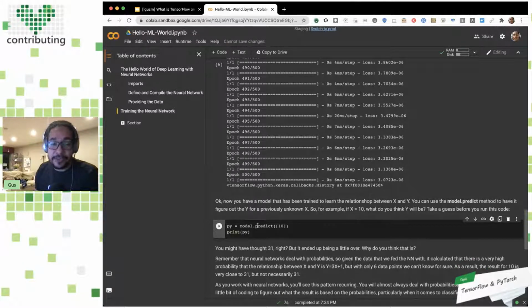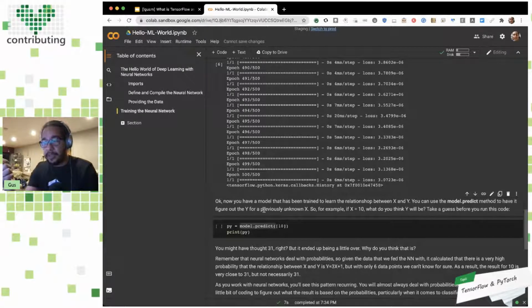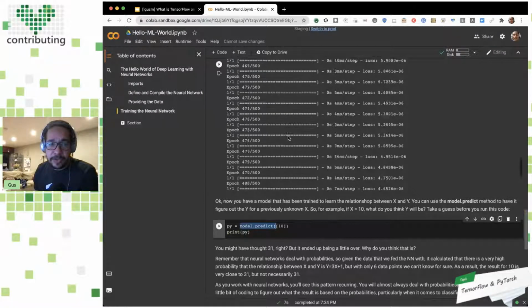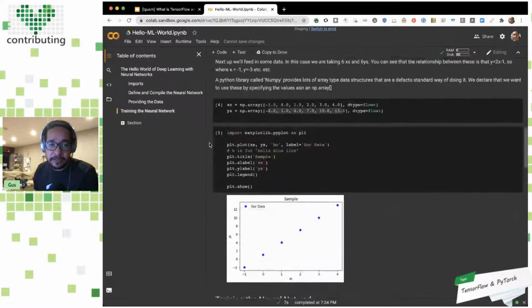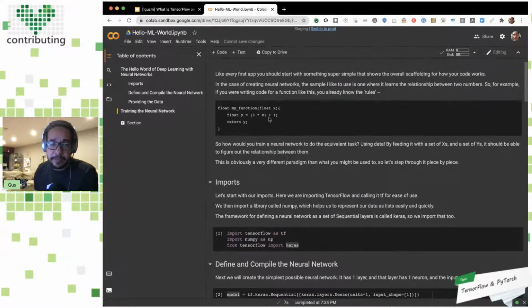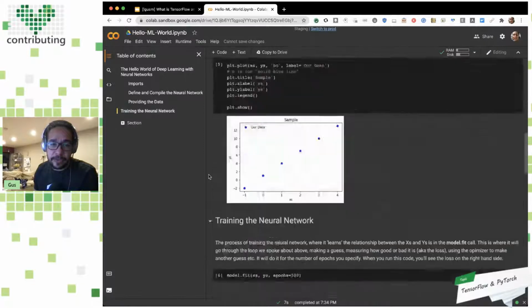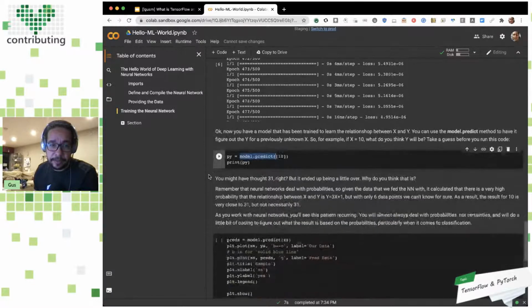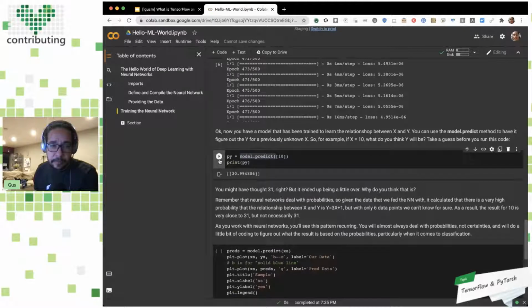If we try to use the model, this is when we call model.predict. This is the inference part I mentioned. Remember, I give now new data, and the model will use what it learned to give me an answer. So this is the predict for 10. We should expect, let's go back to our equation, 3 times 10, 30, plus 1, 31. So let's suppose it will give me 31. Let's execute here. And it gives me almost 31.